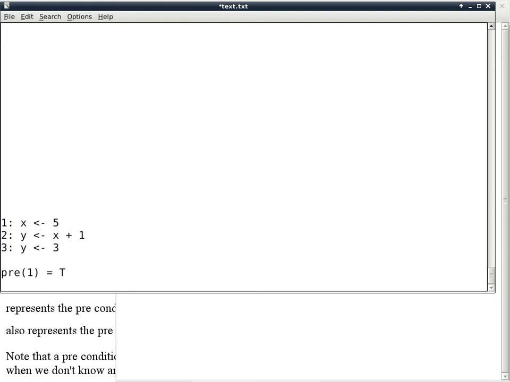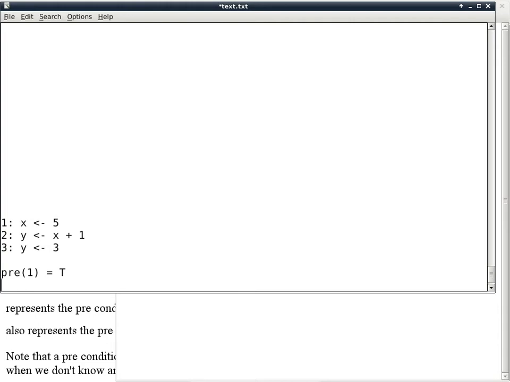Absolutely nothing. So this is my way of saying I don't know anything about the variables, because true is the simplest expression that is true. Okay. And what are we going to do about this? What is post 1? Well, in order to know what is post 1, we have to go through those questions